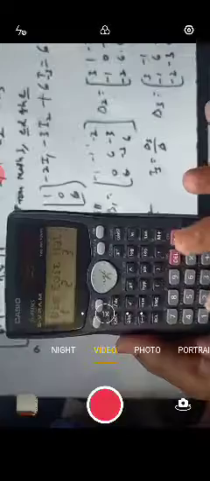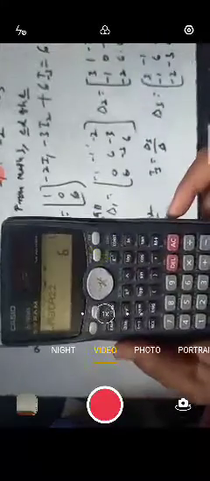Now delta 1. Again shift 4, edit 1 matrix A. Earlier it was for delta values. Now I have to substitute; only the first column will change. So 1 comma 1, that is 1. 1 2 is minus 1, 1 3 is minus 2. Now the second row first column will change. Earlier it was minus 1, now it is 0. 2 2 is unchanged, 2 3 is minus 3, and 3 1 will change, that is 6, and this is unchanged. I have entered.